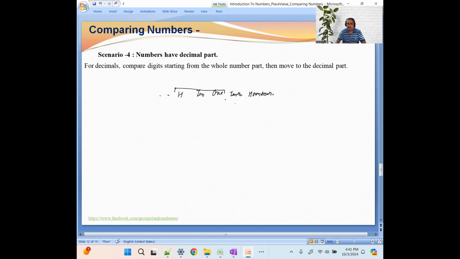The number with the first bigger digit on the right-hand side will be the bigger number. If the first digits are the same, then you have to keep on moving towards the right side until you find the different digits, right? For example, let us say you need to compare